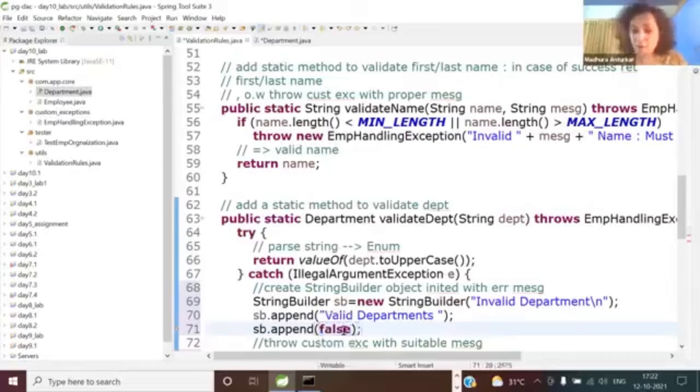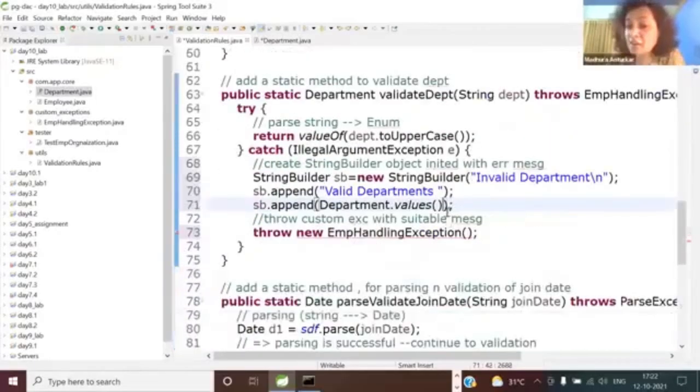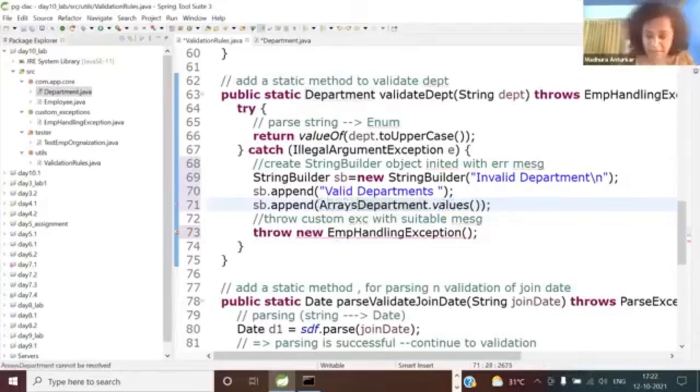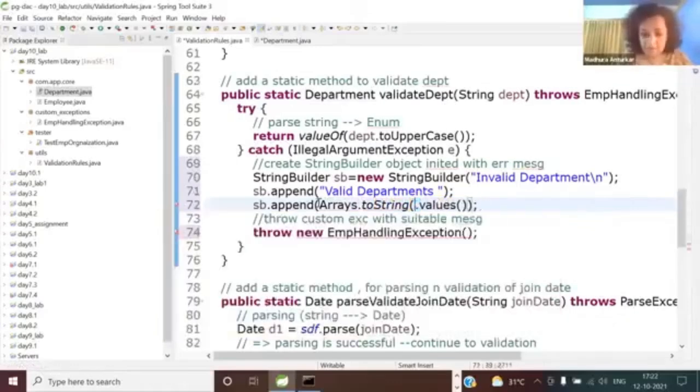So if you want, you can directly say here Department.values. But this will call the toString. So does anyone remember how to convert the array to its string equivalent? Arrays class. See, so we are using, I'm not showing you anything which is new. We're just using the earlier stuff. So here you can say Arrays.toString. Okay, and here you can supply. Okay, you can be even lazier. That is, you can import static, but sometimes people get problems in that. So let me change it for example,